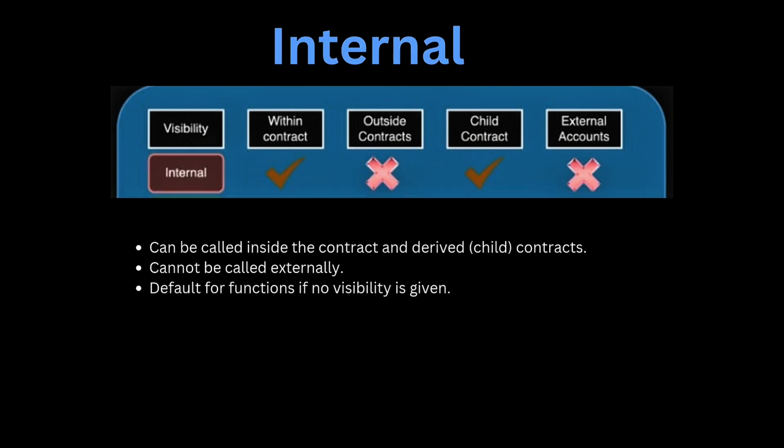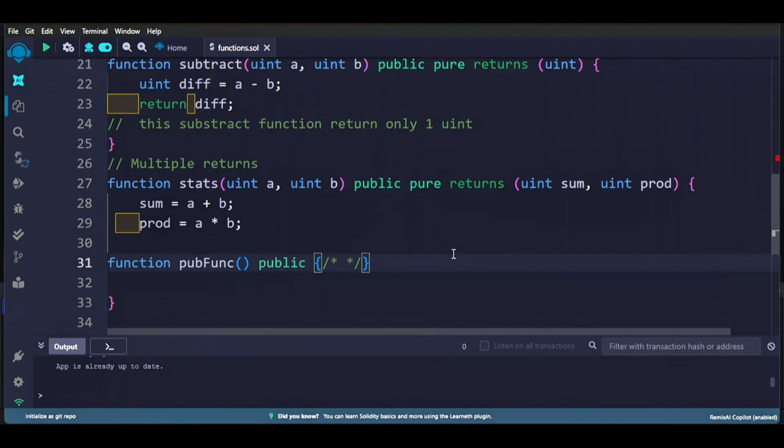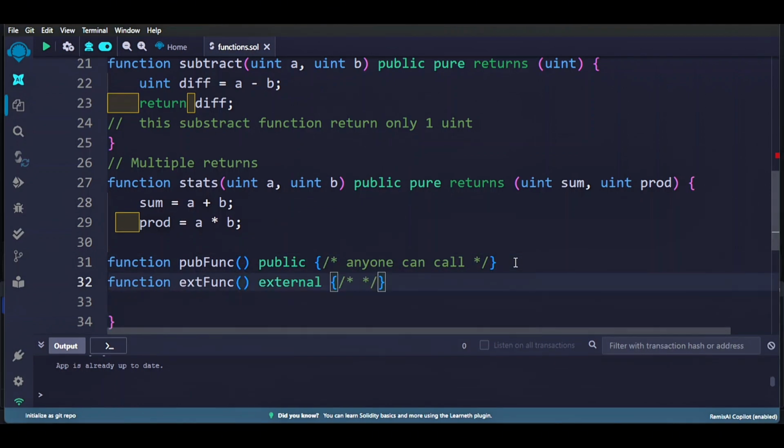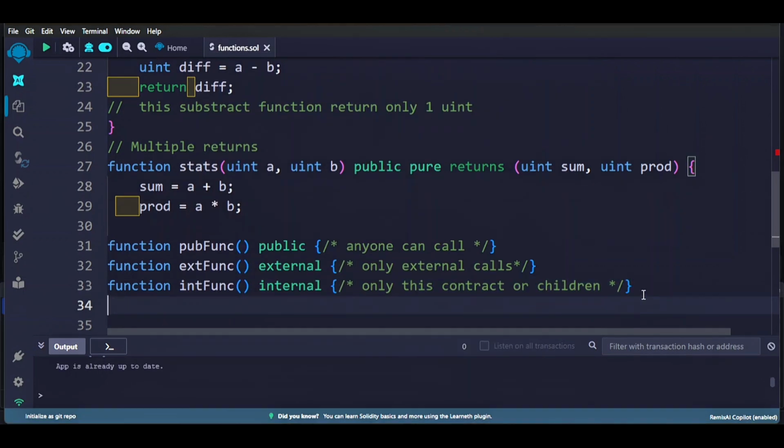Internal: only this contract and contracts that inherit from it can call this function. It's like a function meant for internal use and extended family. Private: only this contract can call this function. Other contracts, even children, cannot access it. For example, function public: anyone can call. Function external: only external calls. Function internal: only this contract or children. Function private: only this contract can call this function. Other contracts, even children, cannot access it. These visibility rules ensure you expose only the functions you intend. By the way, if you omit visibility, Solidity makes a function public by default, but it's best to always explicitly